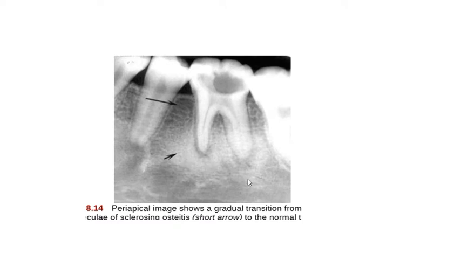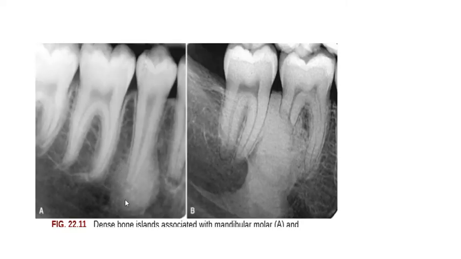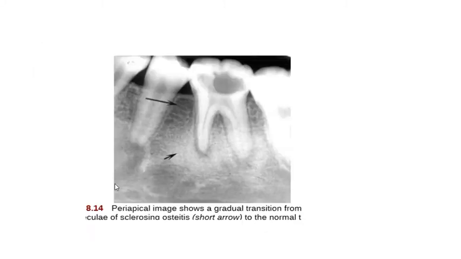So, this is an example of sclerosing osteitis with increased bone density, appearing as a huge radiopaque layer surrounding the enlarged periodontal ligament space. And this is the radiopaque area also located close to the root apex, but without change in the width of the periodontal ligament space. So this is a significant and important differentiating sign between the occurrence of dense bone islands that differs it